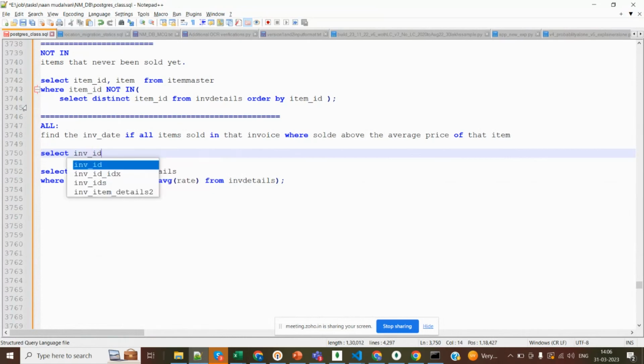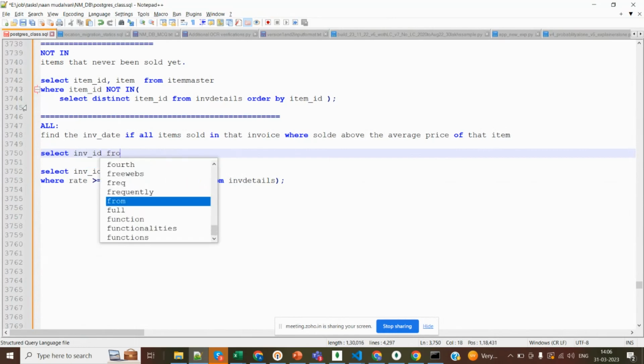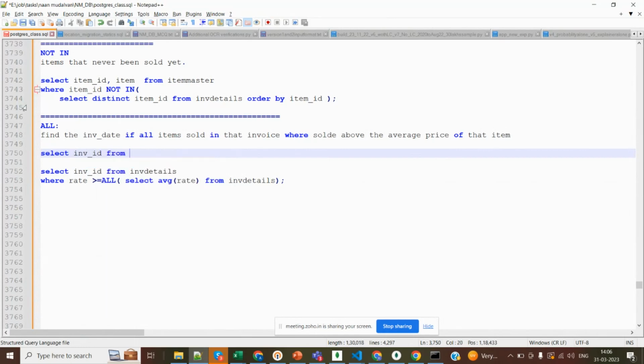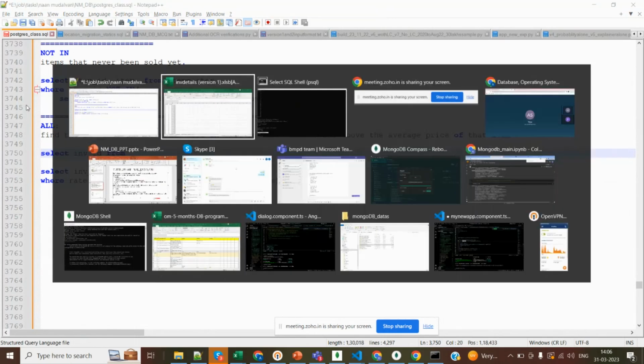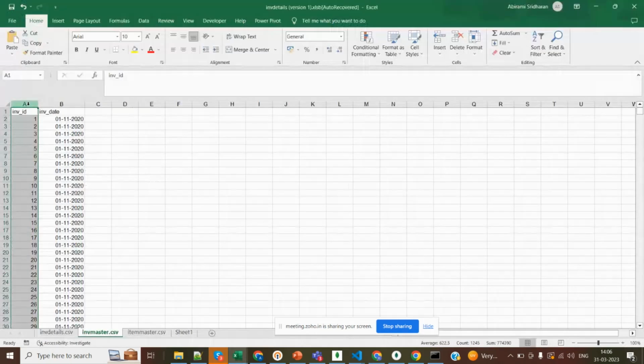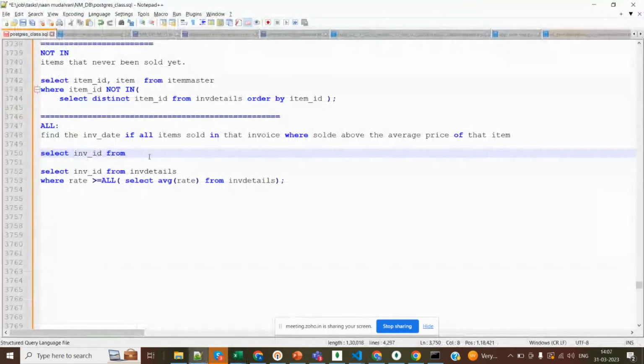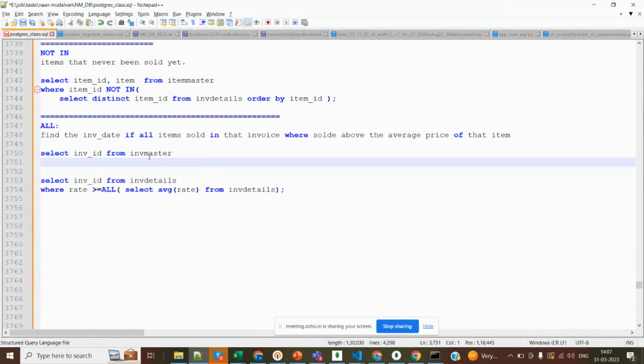Since this is the master table, all the invoice IDs are distinct only, as we are maintaining the primary key and foreign key relationship. If not, you have to use distinct. So from invoice master,